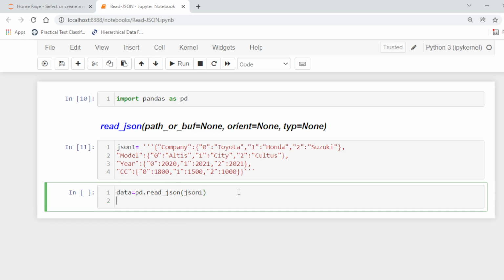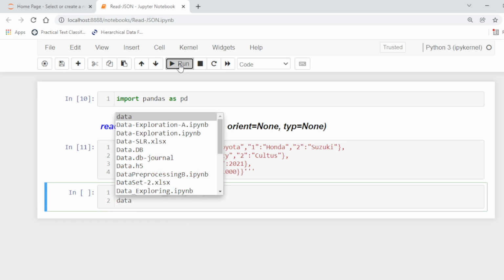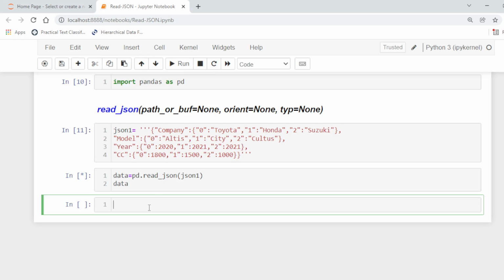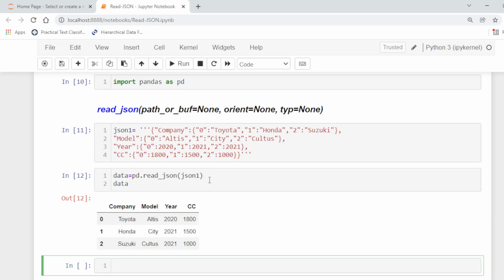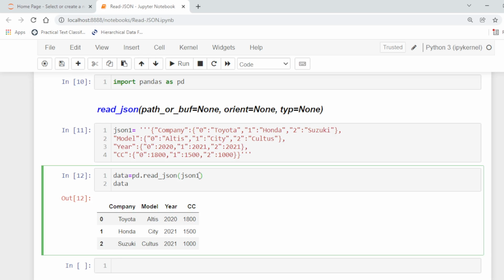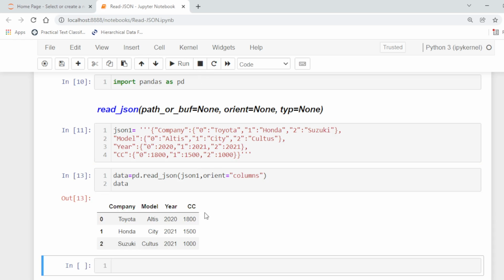If we run this, in this case there is no need to mention the orient. Basically this is the indication of the expected string format. And if, for example, orient is equal to columns, in this way we can specify the orient.